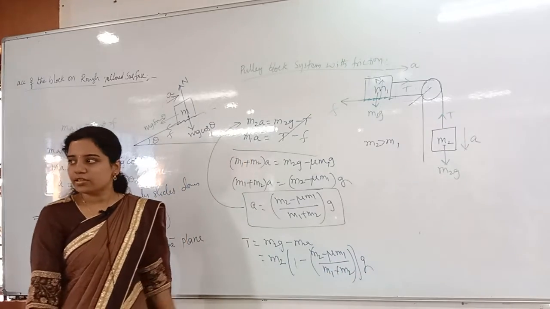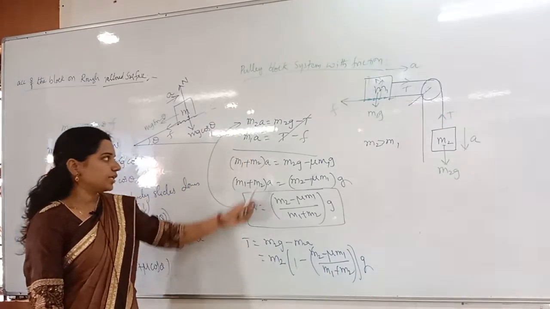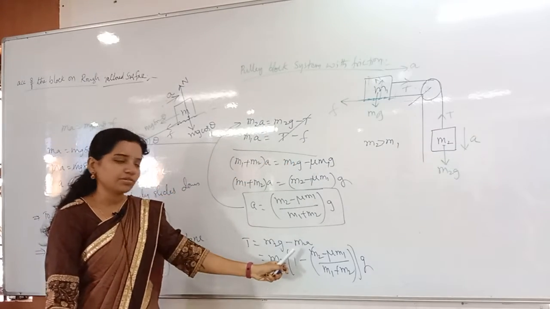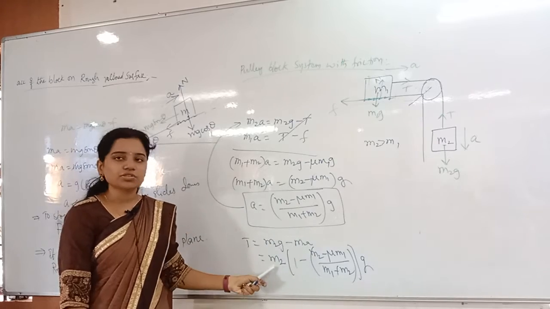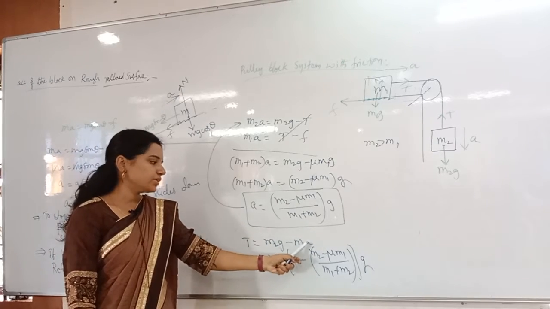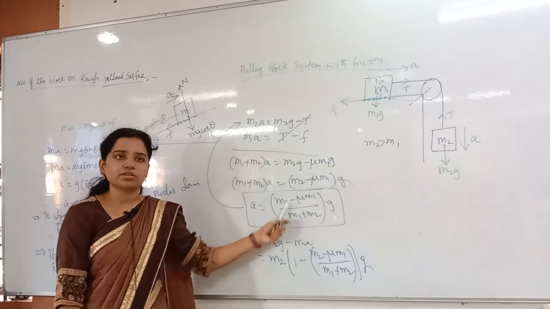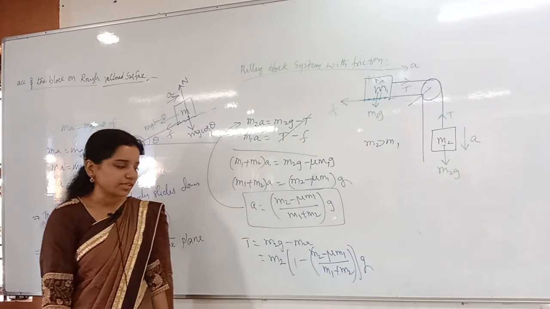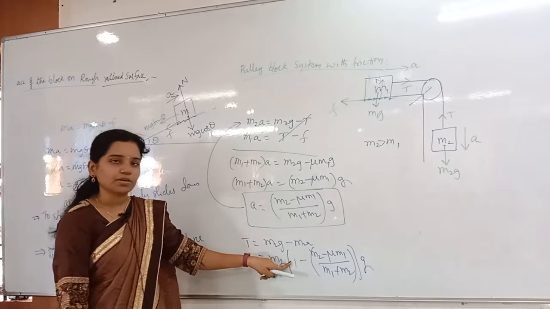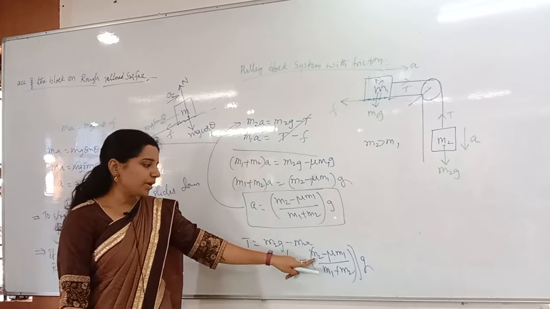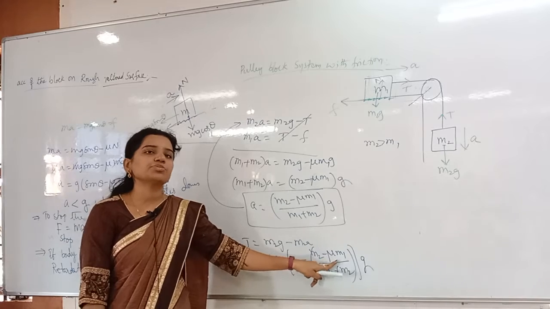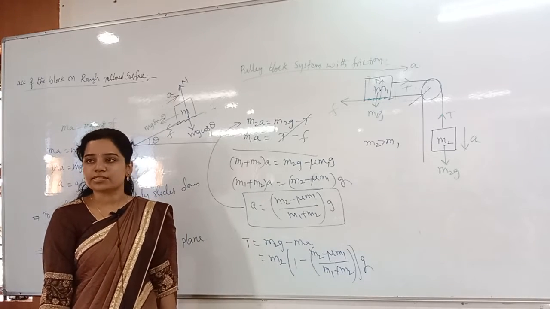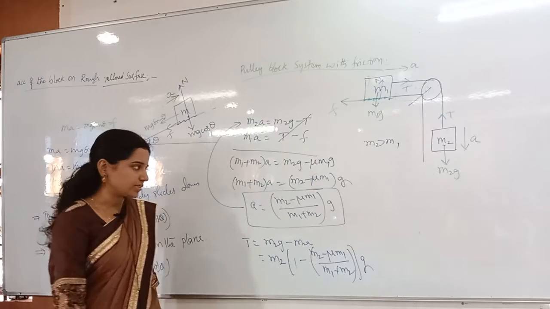Everybody understanding, right? I'm just writing everything directly. So T is equal to, with T coming to this side, m2g minus m2a. I have written that. Now in this, m2 is common, so g minus, in the place of a, I can write this. In that also what is common? g is common, so I have taken g also outside. Now whenever I take the LCM, m1 plus m2 minus m2 minus of minus mu plus 1, correct? So what will get cancelled there? m2 gets cancelled after taking the LCM.